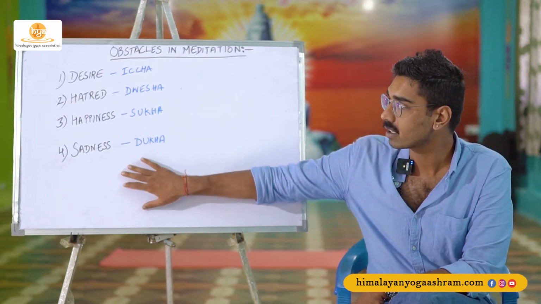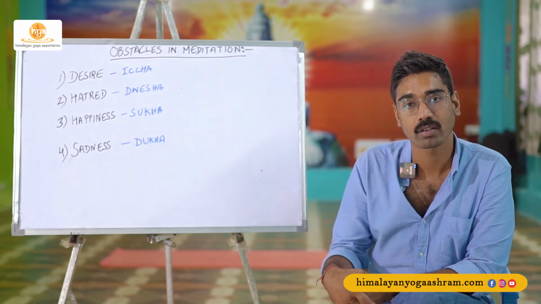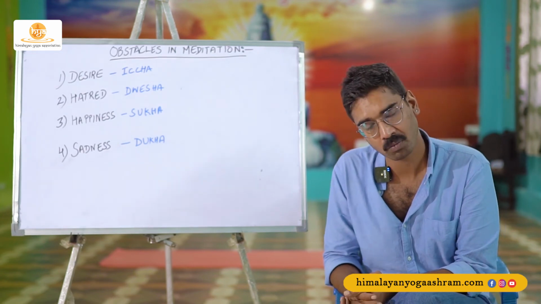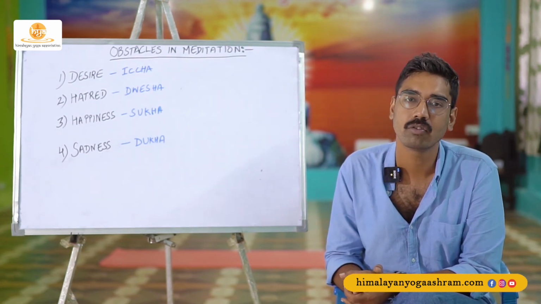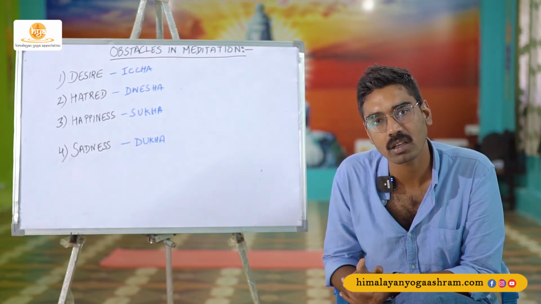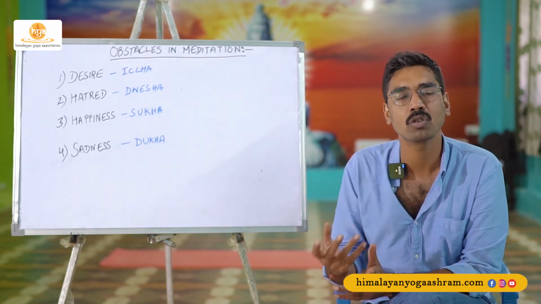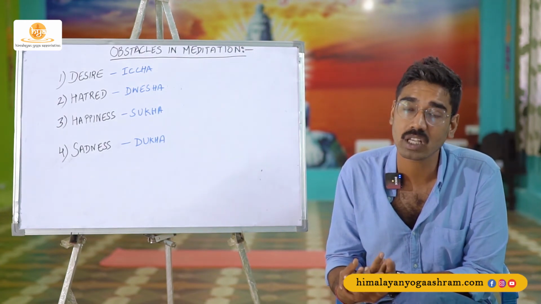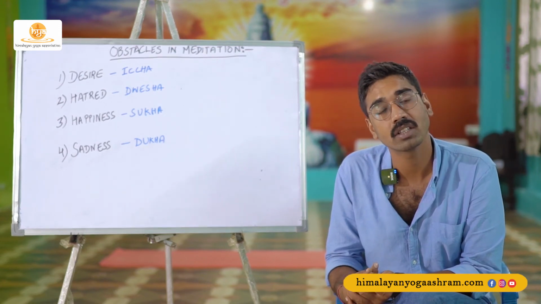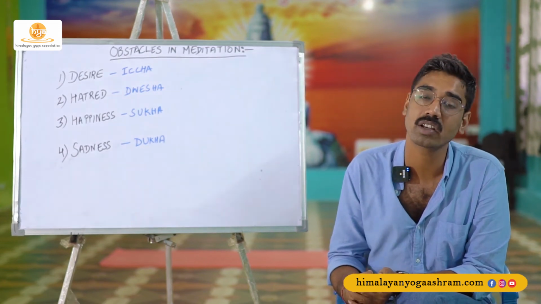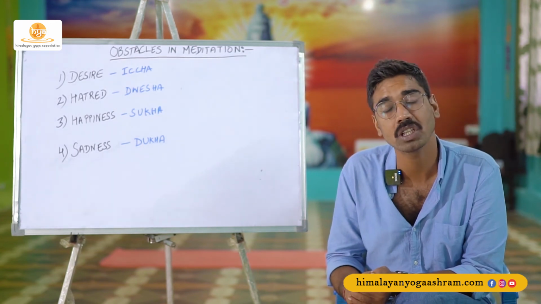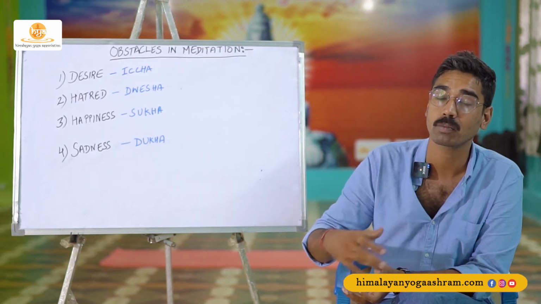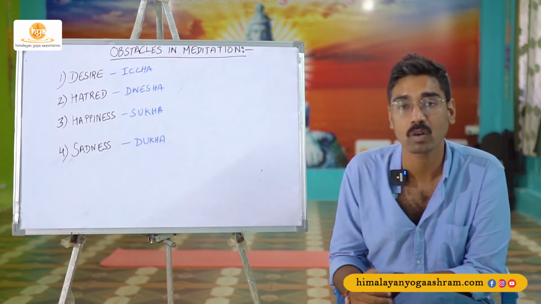The fourth obstacle that the mind has is sadness. When we are too sad, it creates different emotions in our head. Negative emotions, feeling of weakness, feeling of vulnerability, feeling that we are useless. Sadness is a very bad feeling to experience, of course, and all of this feeling comes from the mind itself. The realization that this sadness, whatever it is, is a very temporary stage and every situation is going to change one day or the other,